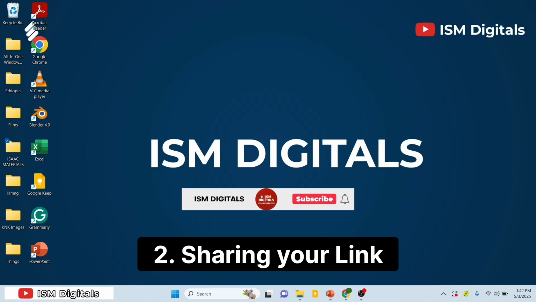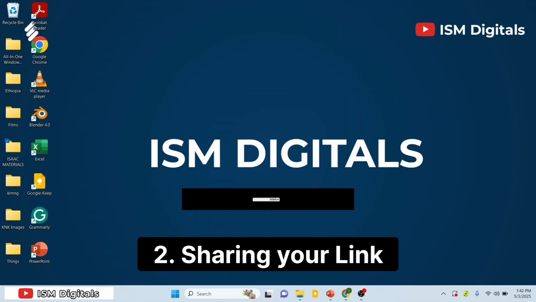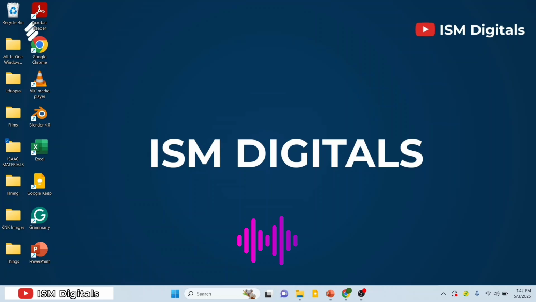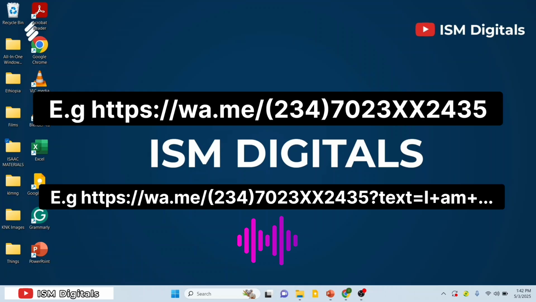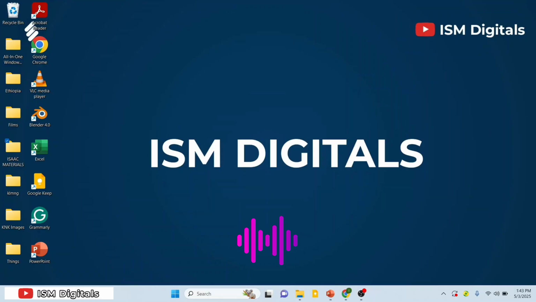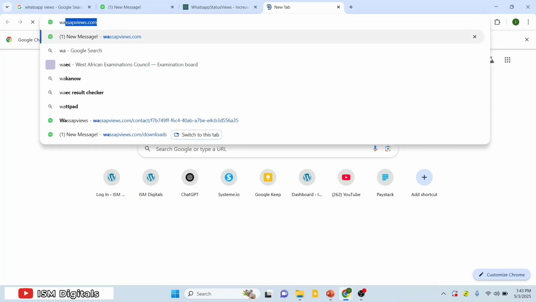Sharing your link. If you don't know how to create your WhatsApp link, it's very simple. You just need to use this method. I'll display it on your screen: wa.me/your phone number, and if you want to add text, you can just do that. If you are using business WhatsApp, you can also access your link, and you can also use this browser, wa.link,